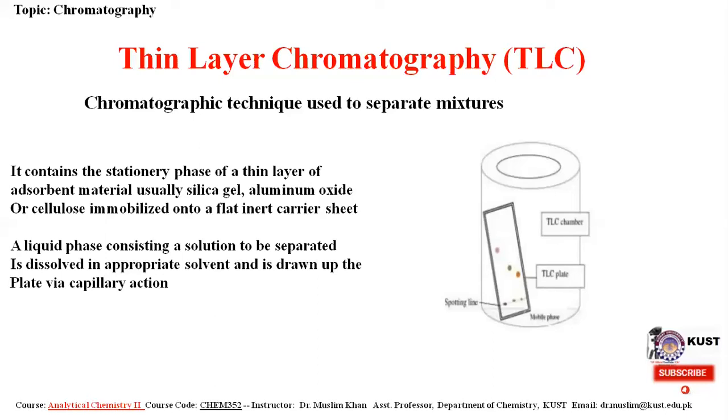So what is the procedure of thin layer chromatography? Just like in paper chromatography, in thin layer chromatography, first of all, a line is drawn at the base of the TLC plate, and then a sample which has different components is applied on this line. This plate is then placed in a TLC chamber which has a mobile phase, and we discussed what the mobile phase is. Then this mobile phase goes up the TLC plate